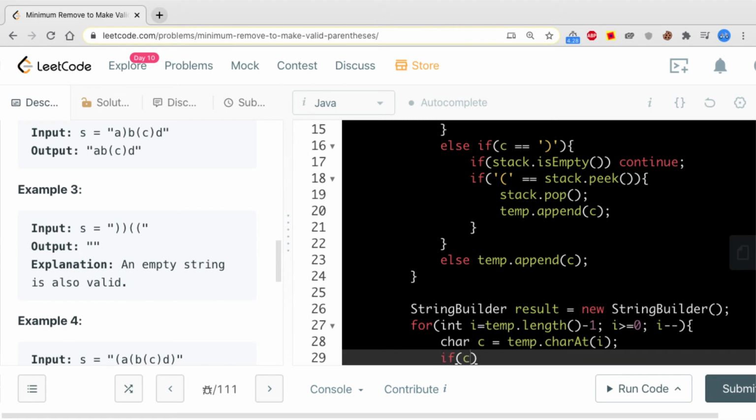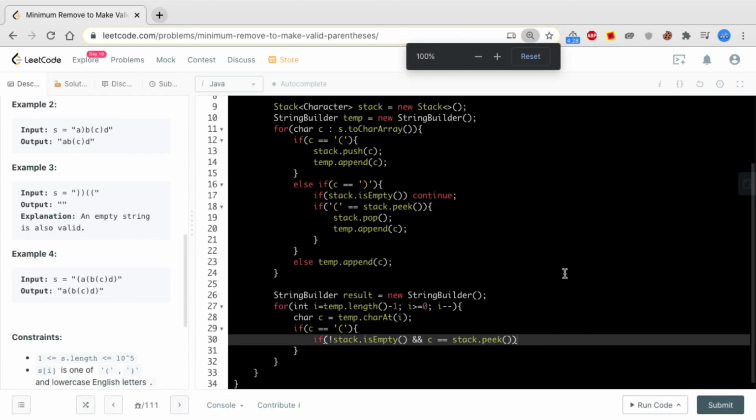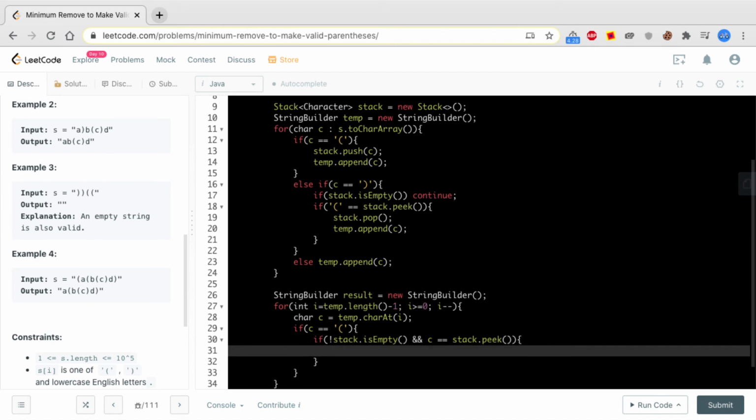Now, if my c is equal to the opening brace, and if the stack is not empty and we have this on the top, then we will simply remove this from the stack, and we are not storing this anywhere.